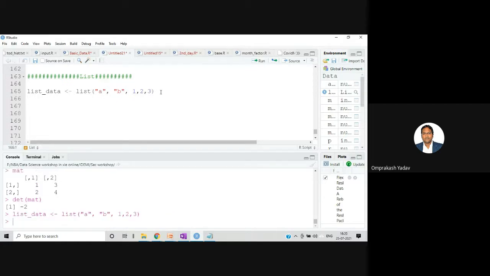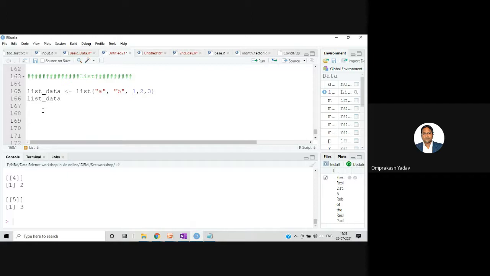Let's create this and print this. Control Enter. Here it's telling me the list elements A, B, 1, 2, and 3. So if you see here, a list object is what we can use to store heterogeneous kinds of data, or a mixture of data types.